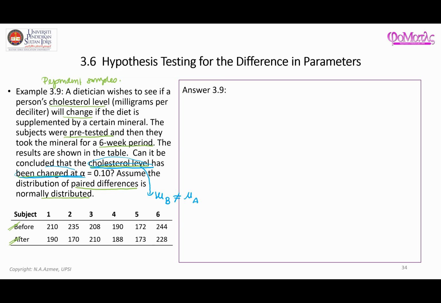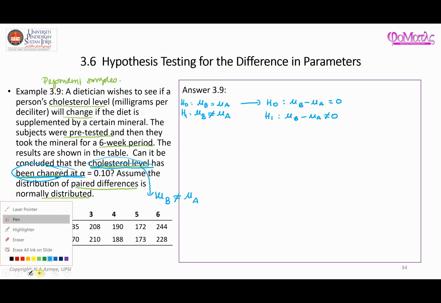So if we start off with the first step of writing the hypothesis, it will be H1: mu b, before, is not equal to mu a. The fact that it is changed means it's not going to be equal, and therefore we know that the null hypothesis is going to be mu before is equal to mu after. And again, I prefer to write it in terms of mu b minus mu a is equal to 0, and H1 is mu b minus mu a